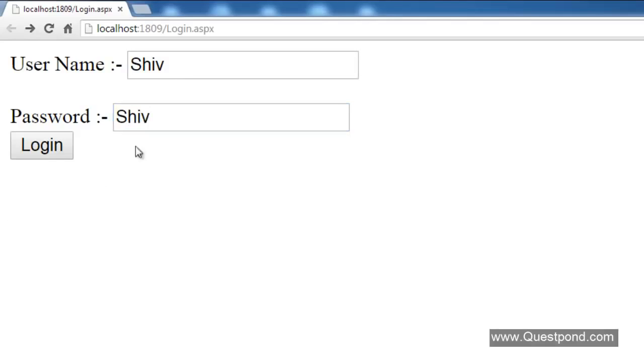I do understand your concerns that you should see a star here, some kind of masking in the password text box, but leave it at this moment. We are concentrating more on the testing part. So if you put a proper username and password, for example, in this case the proper username is Shiv and the proper password is Shiv, and if you press this login,